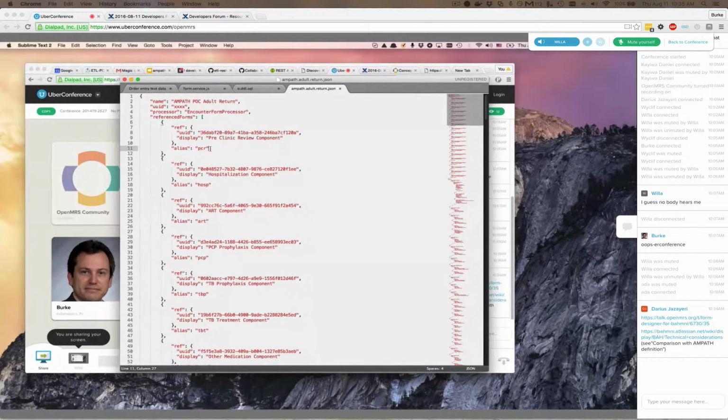Okay. Because it would make sense that the value that's in ref, if you set your form to that, it seems like it should still work.